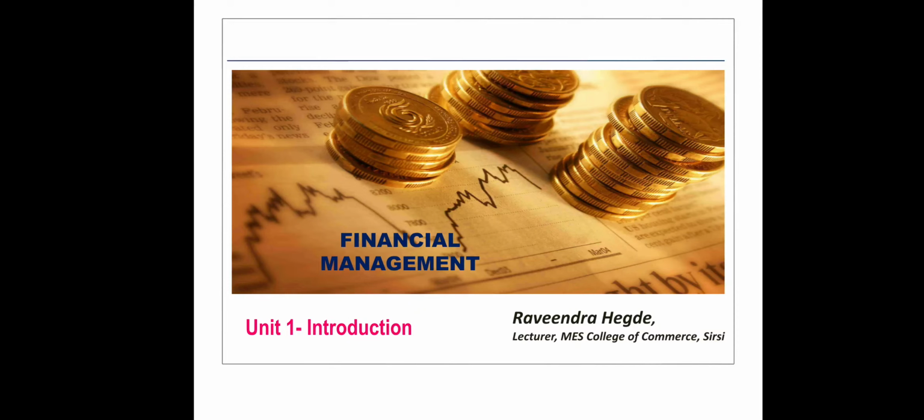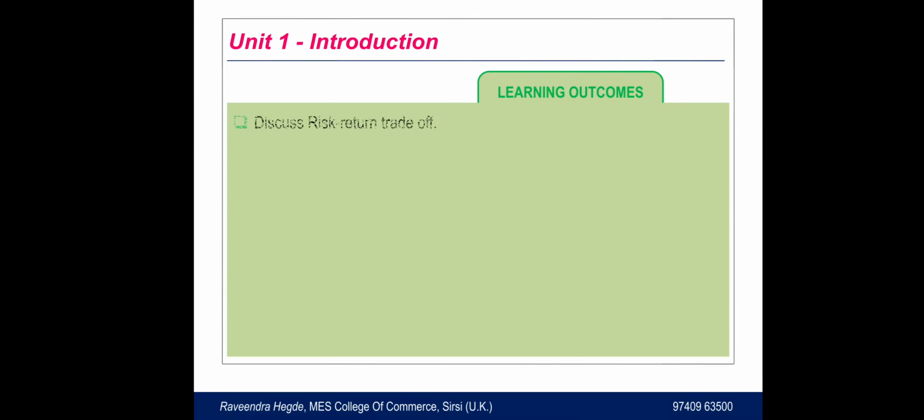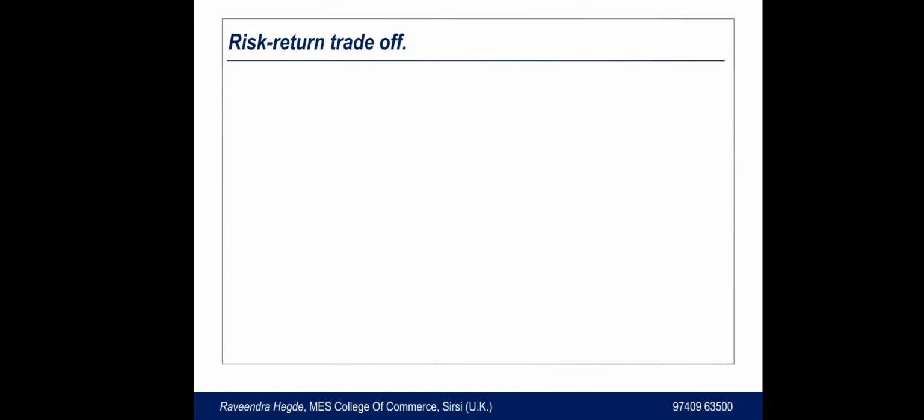Dear students, in this session, let us discuss two important issues: risk return trade off and organization of finance function. First, let us examine risk return trade off. A financial decision reflects risk and return aspect. Therefore, a financial manager, while taking any financial decision, should take into consideration returns expected and the magnitude of risk